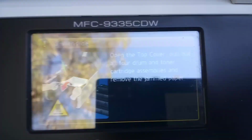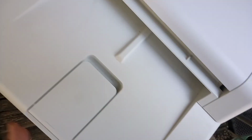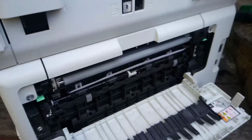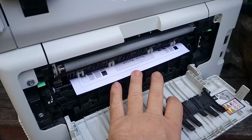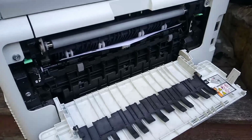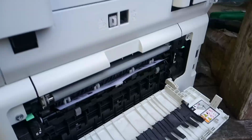paper. What you will find, if we go around to the back of the printer, open the rear door, is that the paper has come out this far, and then the machine has registered that there is a paper jam. So what's going on? Well, in these machines,